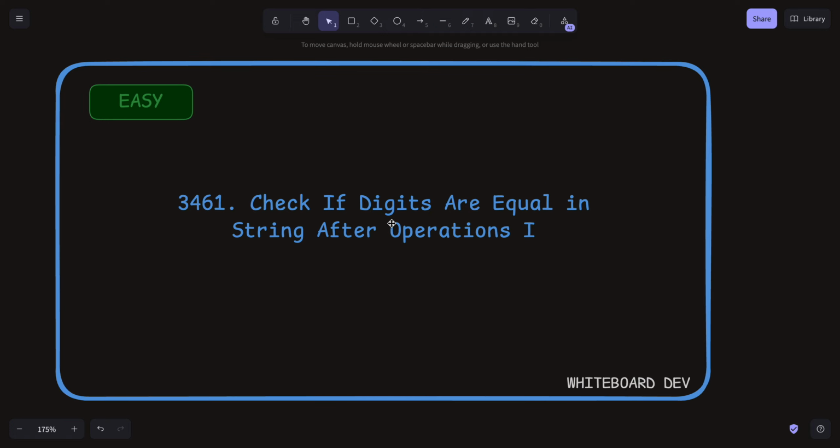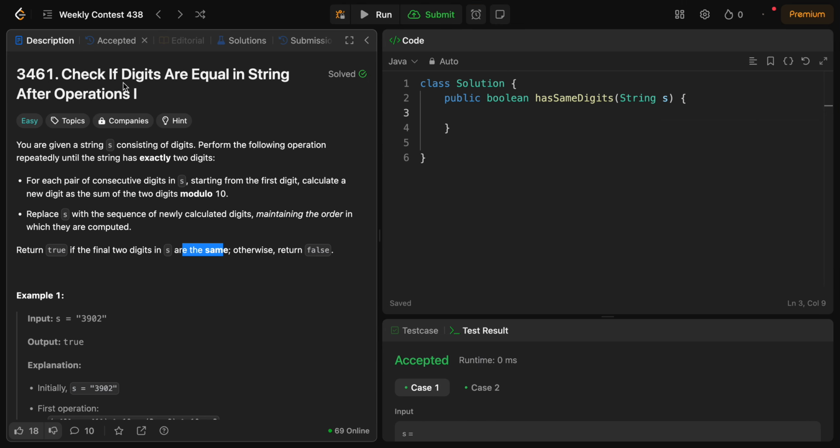Hey everyone, today we'll be solving Check If Digits Are Equal in String After Operations, part 1. Let's read the problem statement once and get into the implementation part. We are given a string s consisting of digits and we have to perform the following operation repetitively until the string